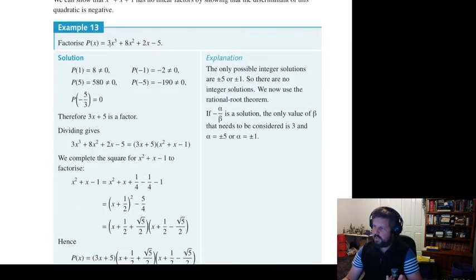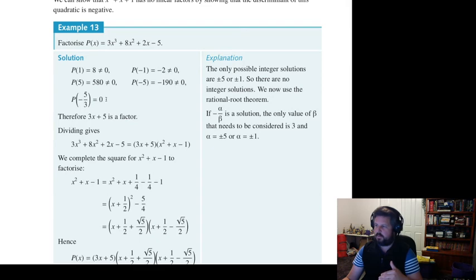Again, here you could try values here that are factors of negative 5. Pretty quickly, after you've tried negative 1 and positive 1, you'll find out they don't equal 0. Likewise with positive and negative 5, they don't equal 0. So then you have to go and consider the rational root theorem. So again, in this particular case, I'd be looking at the beta value being this 3 here, and then trying the alpha value as the factors of negative 5, so both looking at positive and negative 1 and positive and negative 5. Eventually you should find out that it's negative 5 over 3 that does evaluate to being equal to 0,